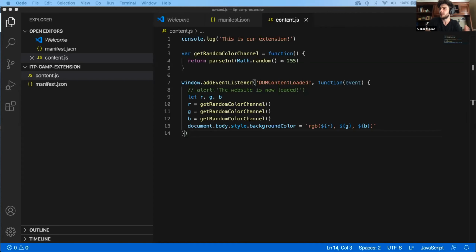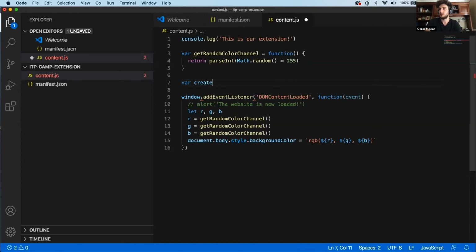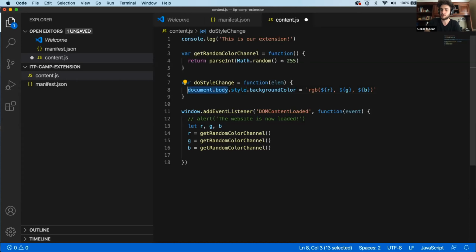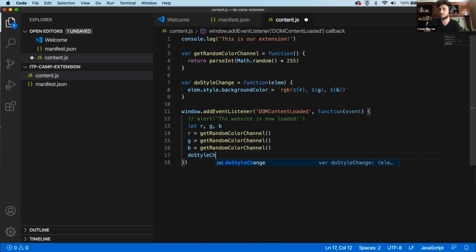First off, I'm going to create a function that does this style change, and you will see in a second why. So let's see, var doStyleChange equals function, and we'll give it a DOM element as a parameter. I'm going to cut this line and paste it in here. And instead of document.body, we're going to call it on the element that's passed as a parameter. So we're changing the background color of whatever element comes into the function. And then we're going to call the function for document.body. So it's called doStyleChange for